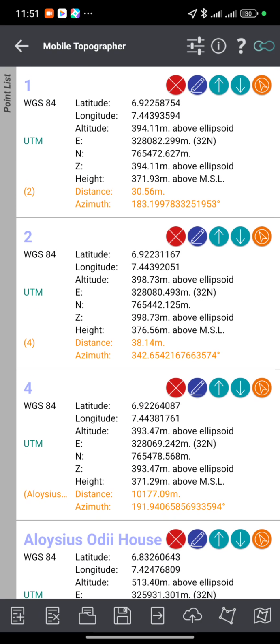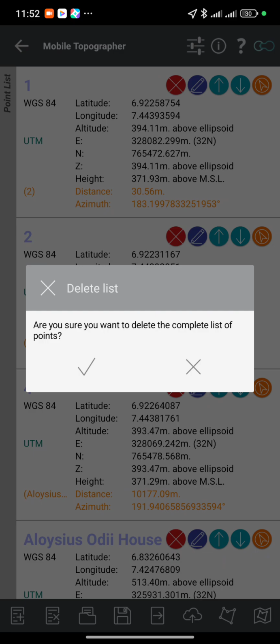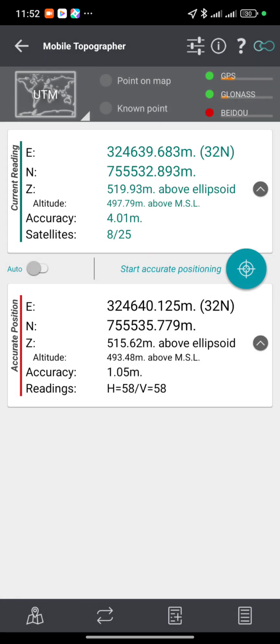You can also use the second button on the bottom with an X to clear everything within this environment if you are done with your project. So if I click on it, it's going to clear everything in my environment in case I want to start a new project. So that is it. That is how you can use this application to